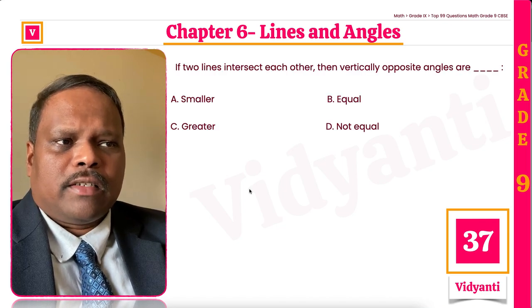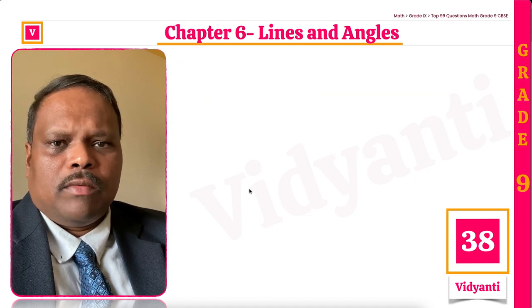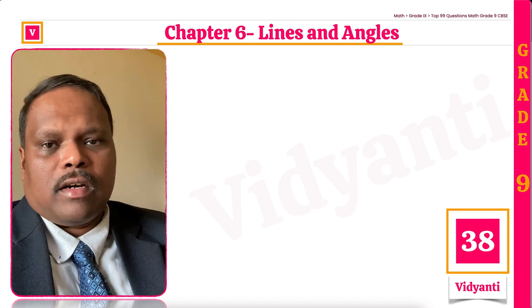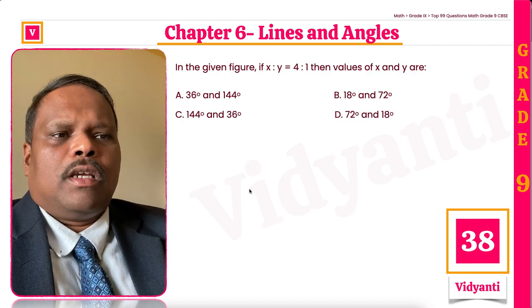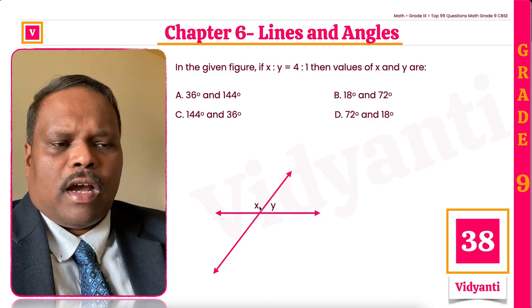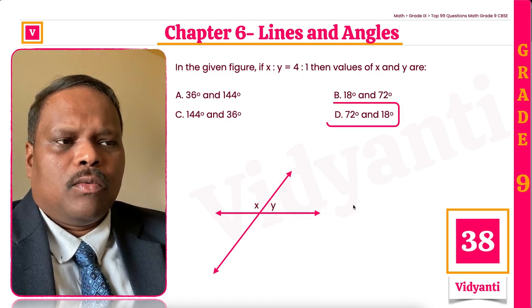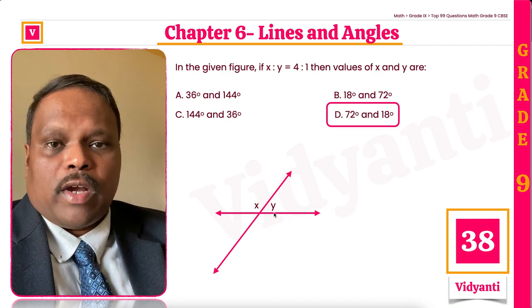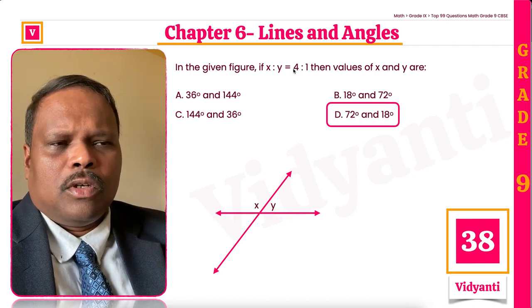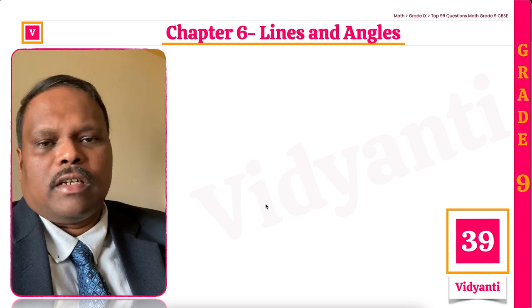If two lines intersect each other, vertically opposite angles are equal because they form something like the English alphabet X, so they are always equal. In the given figure, x is to y is 4 is to 1. Now x and y are supplementary angles, so x plus y is 180. So we can say 4 plus 1, together their addition is 5. So y will come out to be 180 divided by 5, which is 36, and then x will come out to be